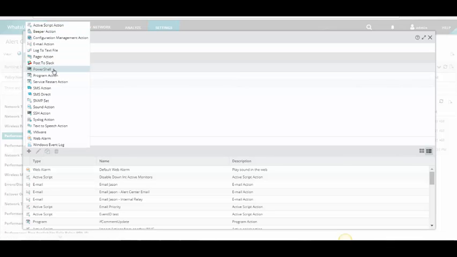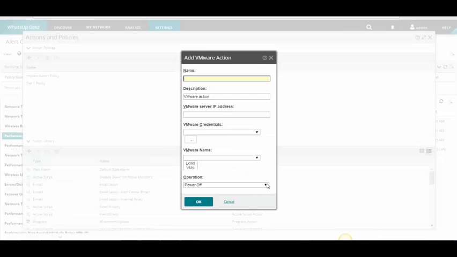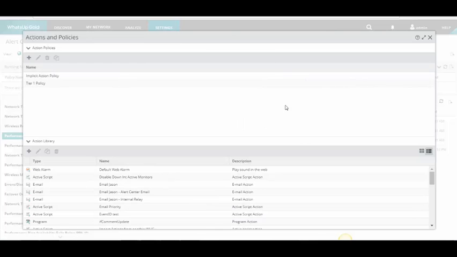You can do a program action, a service restart action, an SSH action, a VMware action, which would be to do things like power off, power on, reset, shut down, suspend, restart, or take a snapshot of that VMware device. So lots of things we can do, and all of those can be built into specific policies as well to do various things at different time frames.